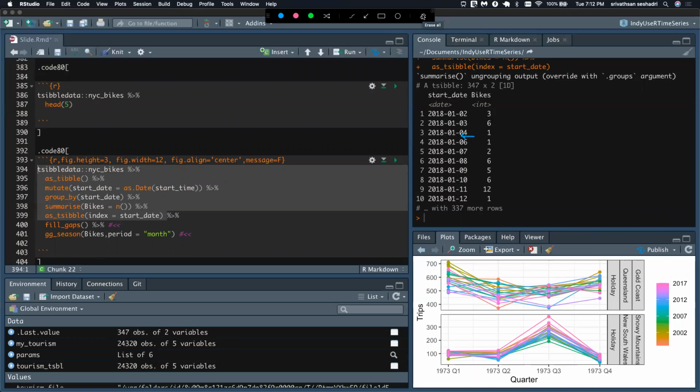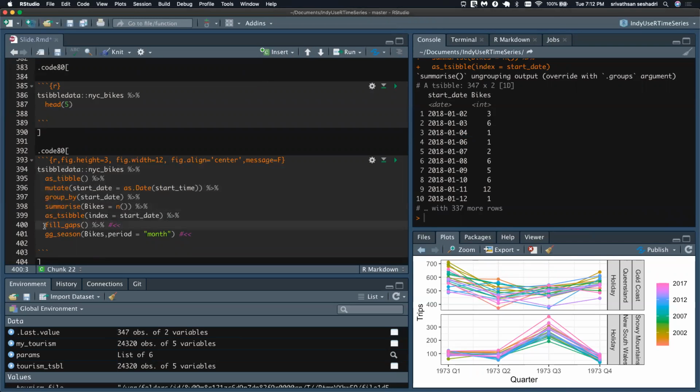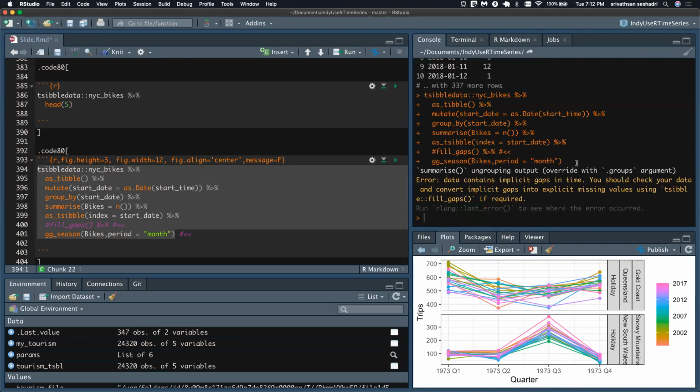What would happen if I tried to use any of the gg_season functions or any of those functions? I'll comment out my code here a little bit. It doesn't like missing data. This is a huge drawback, in my opinion.